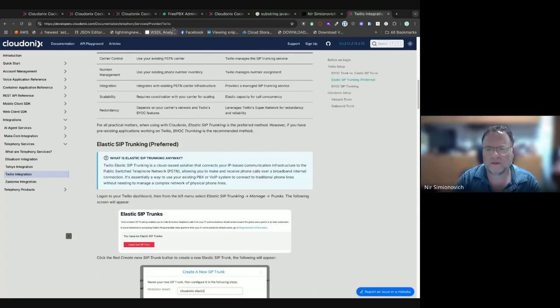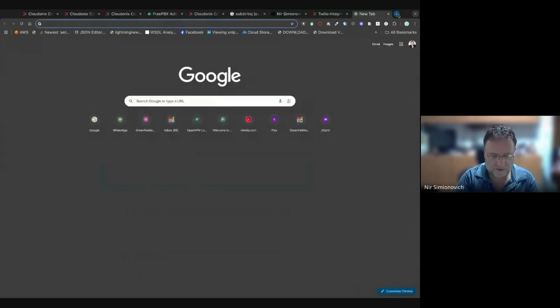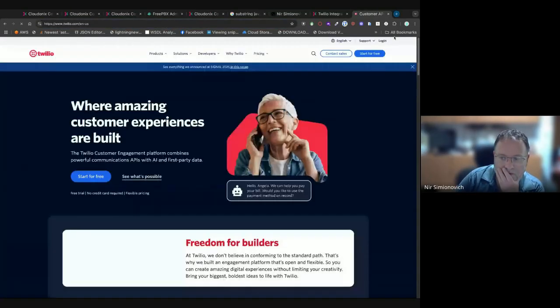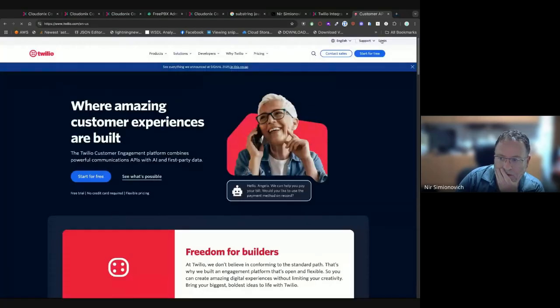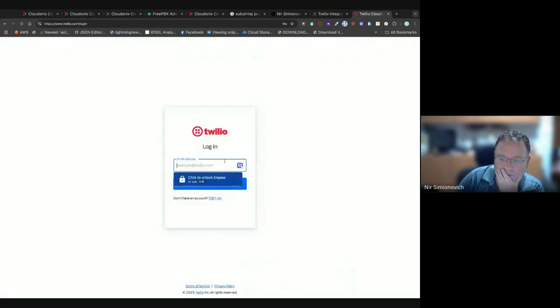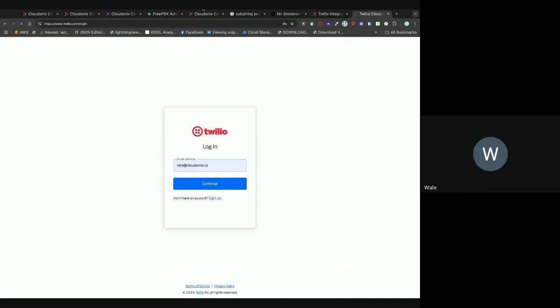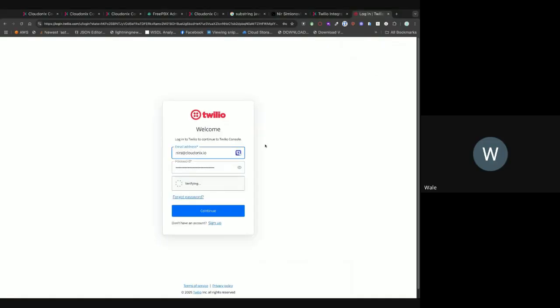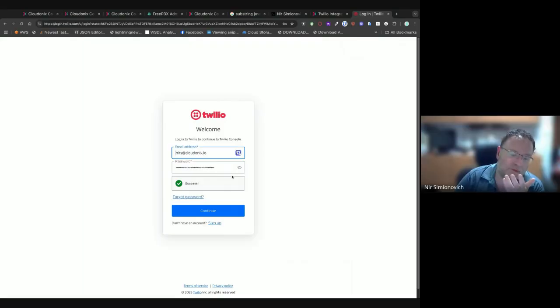Okay. So let's see if I can log on to my Twilio account. So I'll show you. So if I have to use the number, do I recharge my number through Twilio, for credits and the likes? If you buy the number from Twilio, yeah, you need to charge it. They provide it to you, so you have to pay them. So we don't charge for numbers because we don't provide numbers.